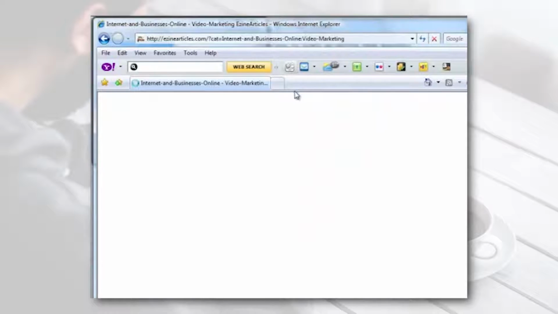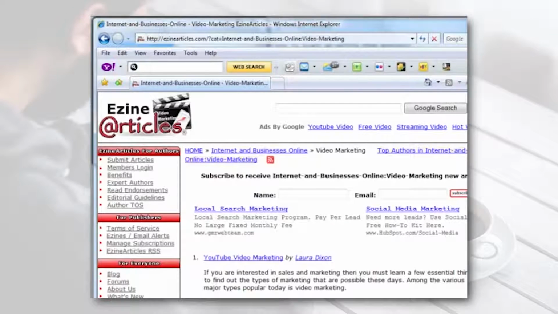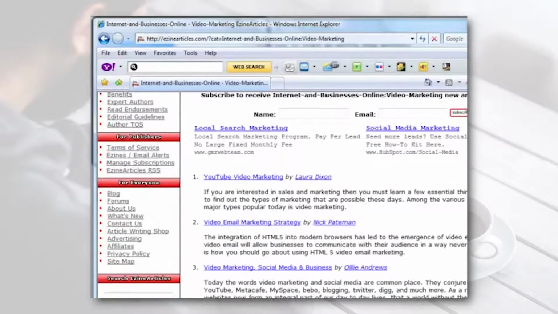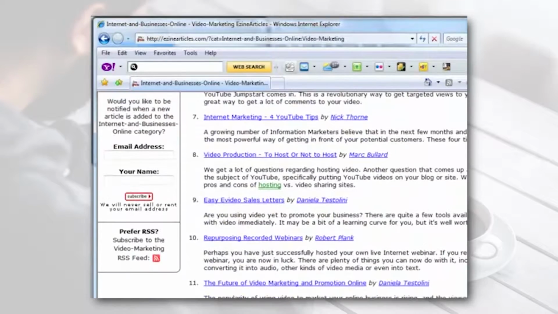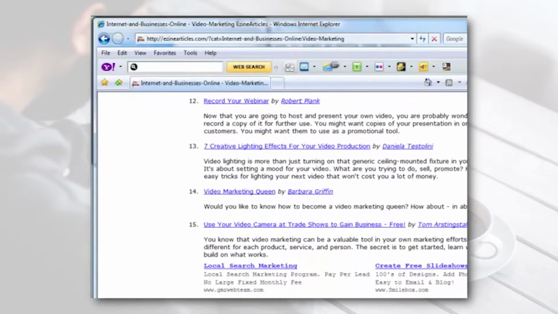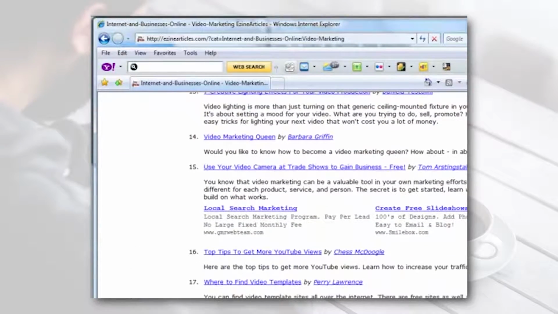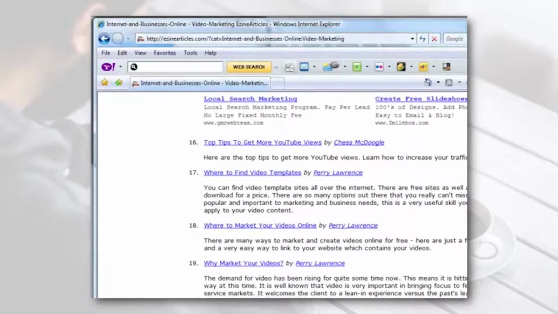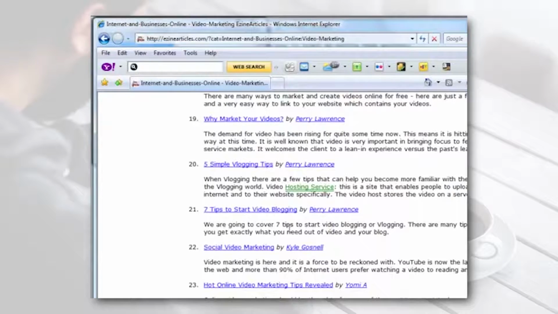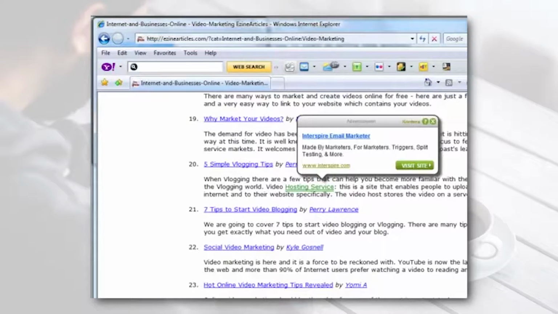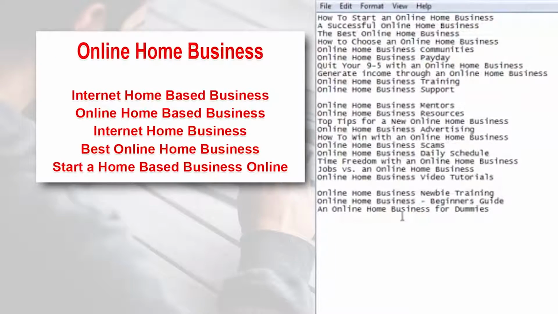Go in here and you can find articles, YouTube, social media. Do you know what I mean? It just gets your brain going a little bit with different words and different ideas. And then all of a sudden you get this other flow of, oh wow, I can write about blogging, video, social media, et cetera. So I can keep going, and I can go online home business with video, and I can make a whole thing about that.